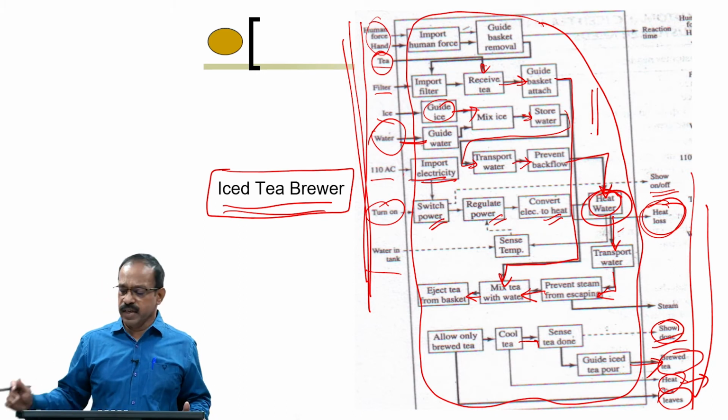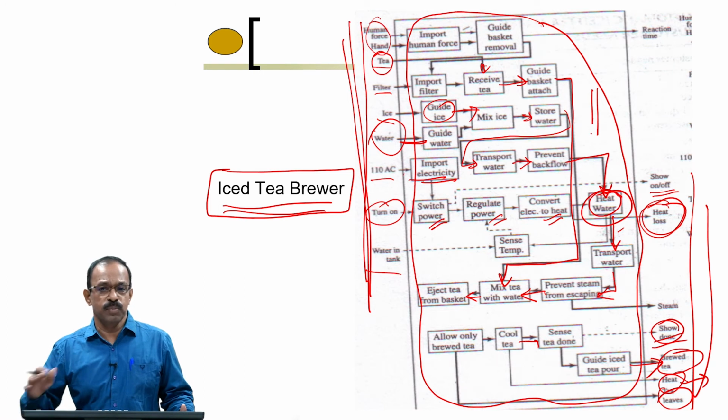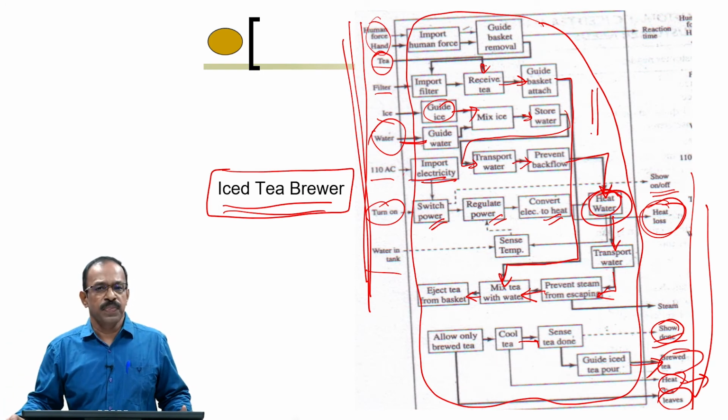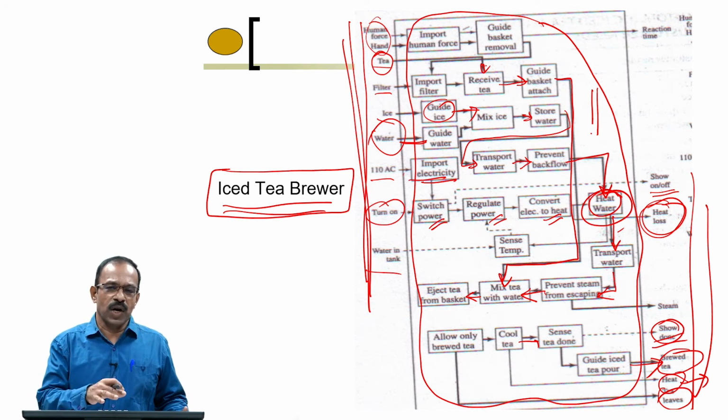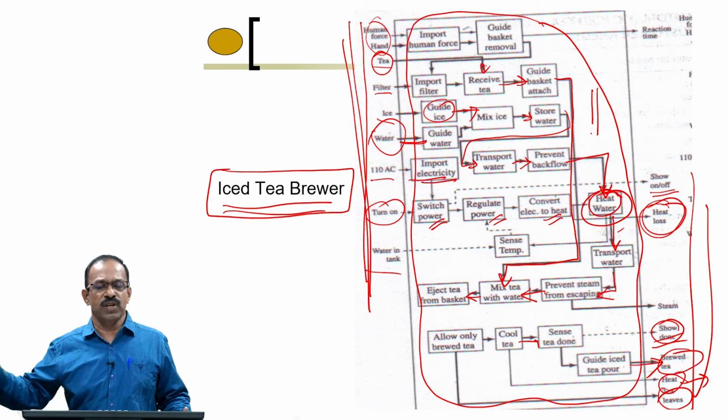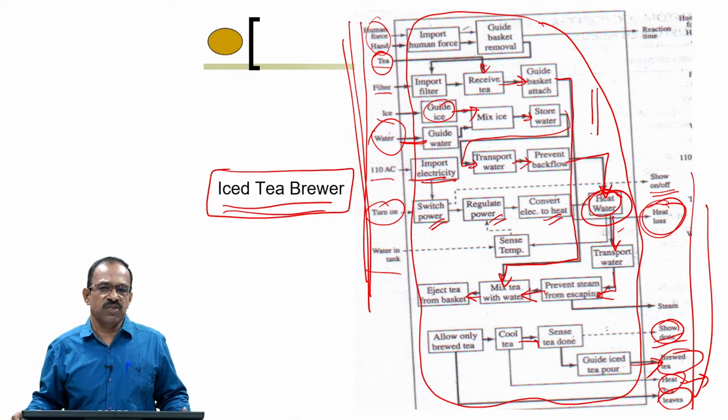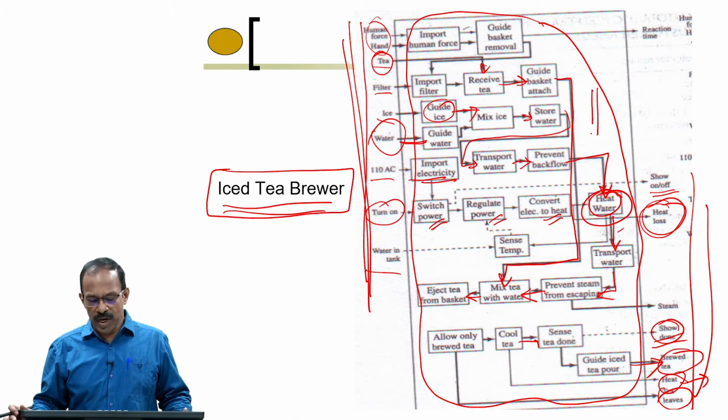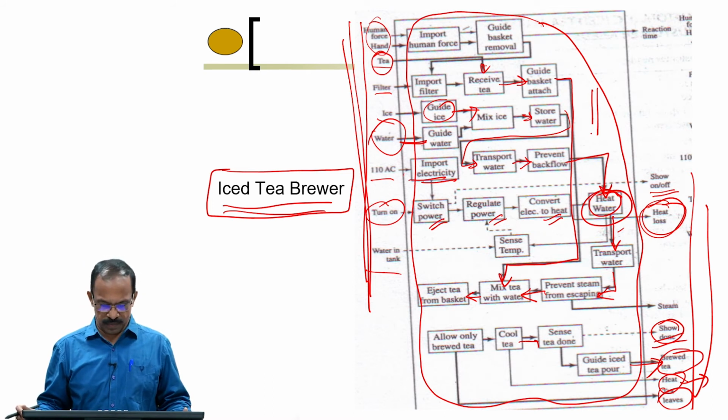Developing this decomposition chart is very important as we move forward, because most of the things we do after this stage will require this information. We need to know what functions are needed in the product, and only then can we take it to the next level of product structure development or product architecture development. That is why we need to make sure that we do a good job in developing the functional decomposition.